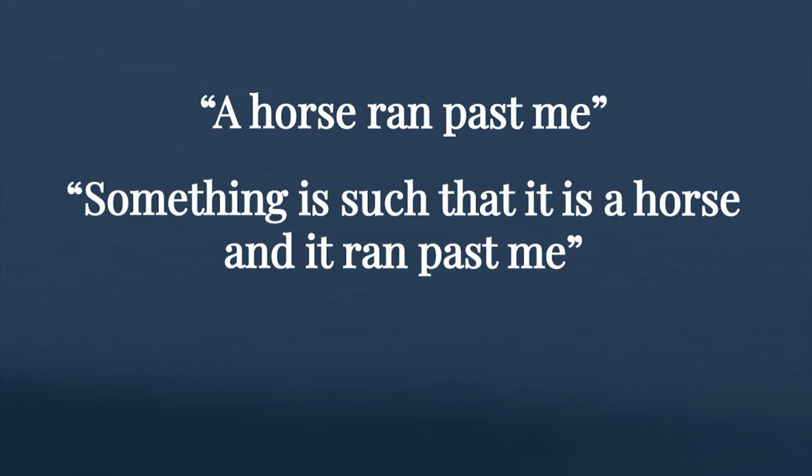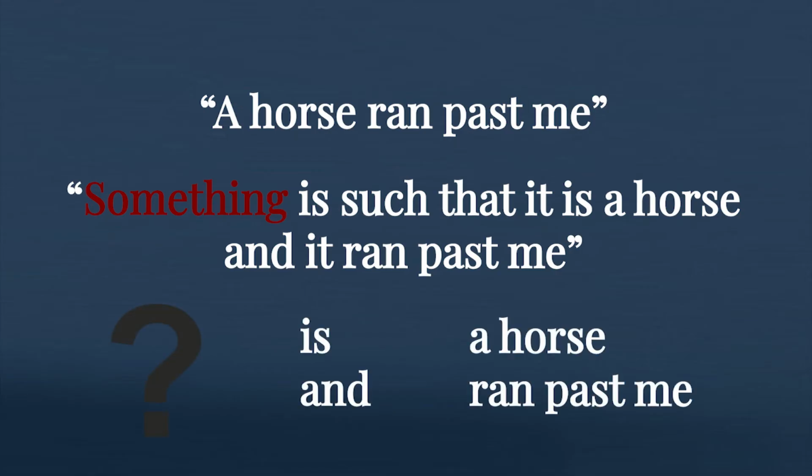Instead, "a horse ran past me" would be more accurately expressed by saying, "something is such that it is a horse and it ran past me." Note that in this new sentence, the subject is not a horse, but simply an indefinite something. And this something can be described both as being a horse and as having run past me. So the indefinite description, "a horse," is really no different in terms of its meaning and role to the words "ran past me." Both describe properties of the subject of the sentence. Thus, Russell takes the word "something" in his alternative sentence to be the true denoting term and not the original